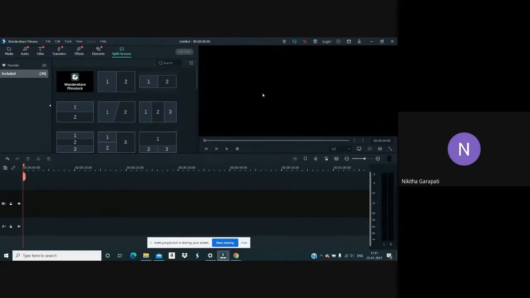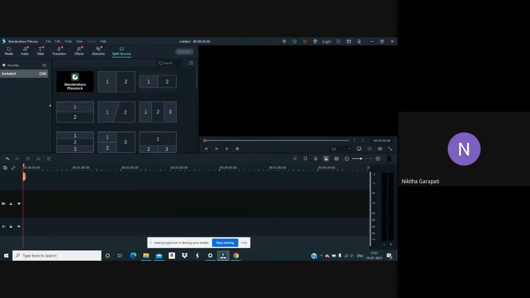So I'll dive into these things more when we talk more about them later while editing. This is your timeline zoom slider. So using this, you can zoom in and zoom out your timeline. If suppose you want to see all of your video at a glance, then you can use this button, which will adjust the zoom in such a way that you can see the entire video at a glance.